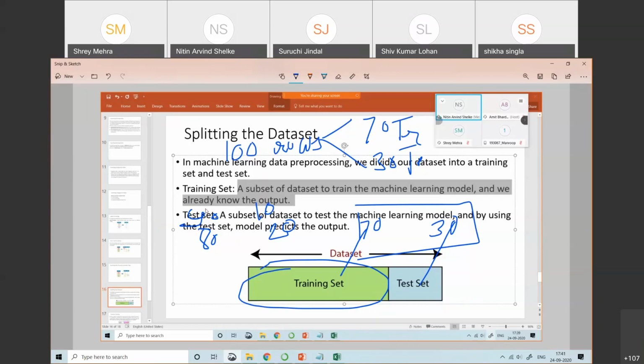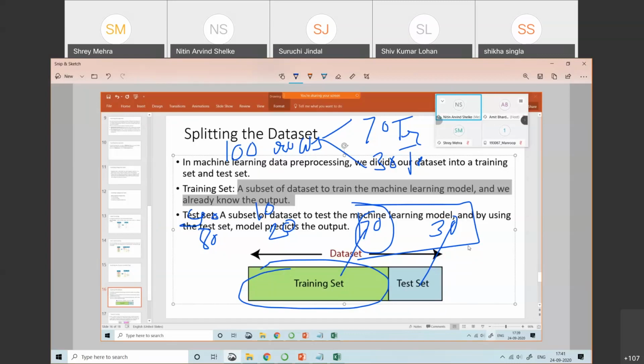With 70-30, the only thing is that you have to take care that maximum data goes for the training, because of the importance of data: unless you have a lot of data to train your model, it will not work properly. So try to give lots of data to your training set.